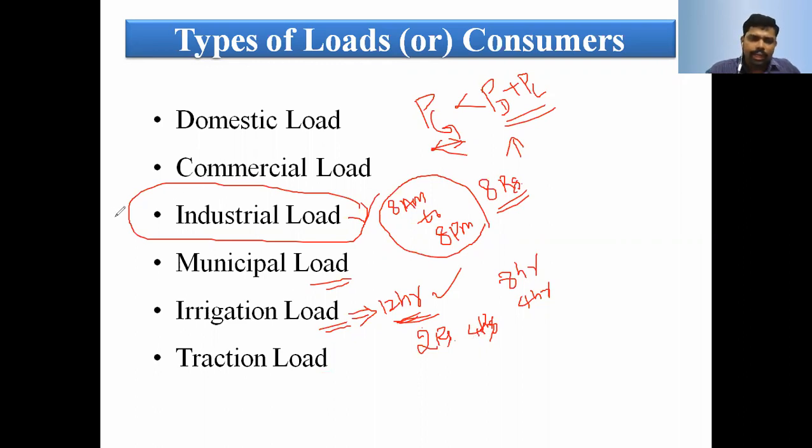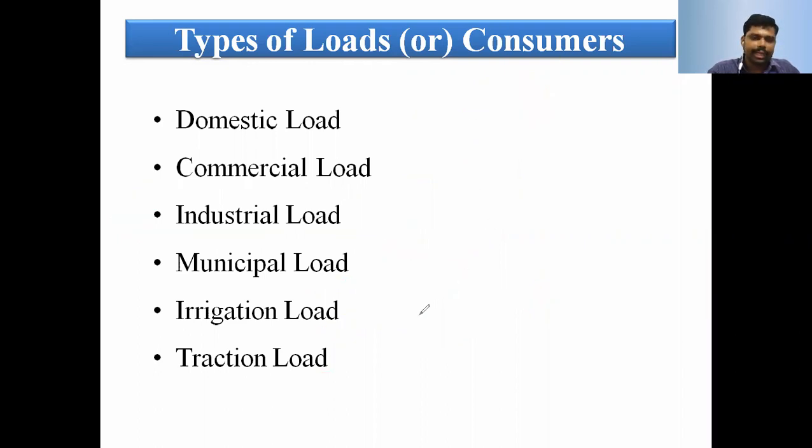Now, the maximum income we get is from the industrial consumer. For that purpose, the load is supplied to the industrial consumer in the daytime, and at night time almost 80% of the industry is shut down. At that time we can supply to the irrigation load. But recently a number of problems have arisen, that's why we supply it in the daytime itself.